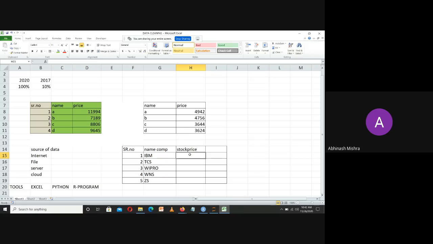Now, they have a stock price, and somebody has given the stock price in a form something like this with a symbol as dollar. Now, whenever we are performing some sort of analytics, the machine will not understand this particular dollar symbol. So we have to change this dollar symbol to numeric format.